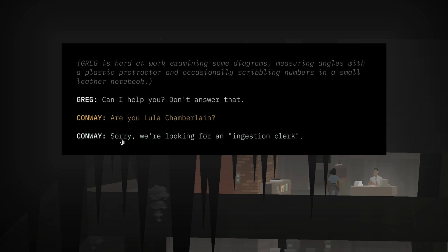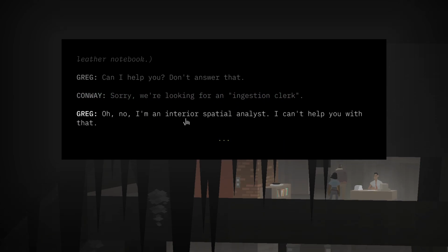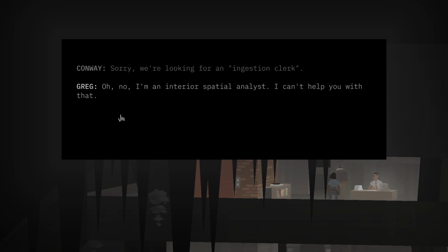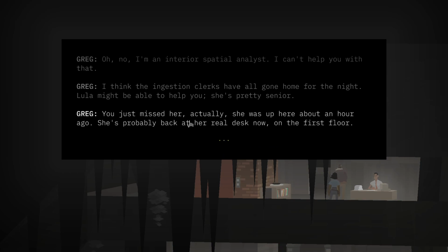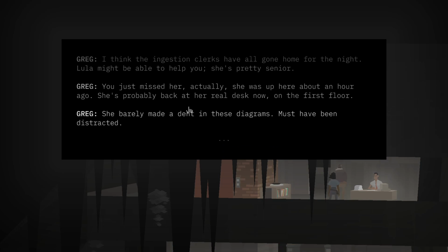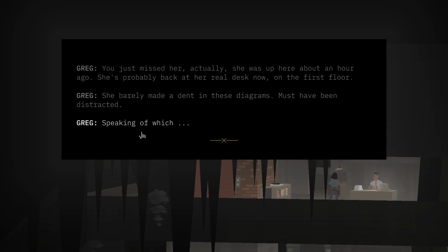So, sorry, we're looking for an ingestion clerk. Oh no, I'm an interior spatial analyst. I can't help you with that. I think the ingestion clerks have all gone home for the night. Lula might be able to help you. She's pretty senior. You just missed her, actually. She was up here about an hour ago. She's probably back at her real desk now, on the first floor. She barely made a dent in these diagrams. Must have been distracted. Speaking of which...